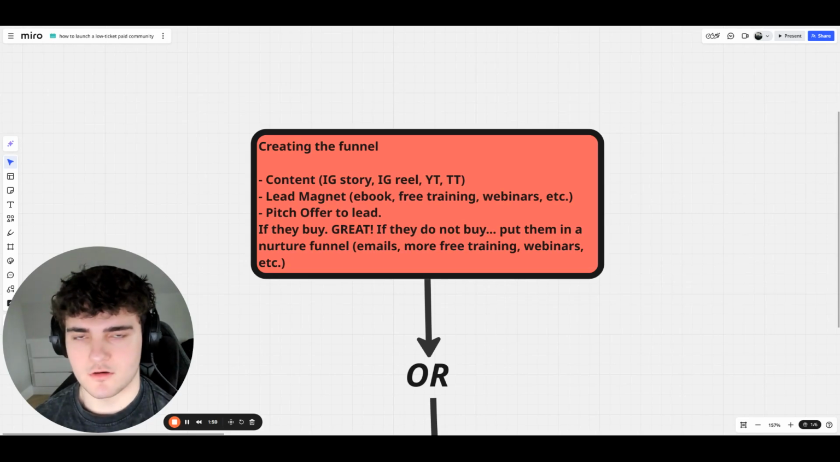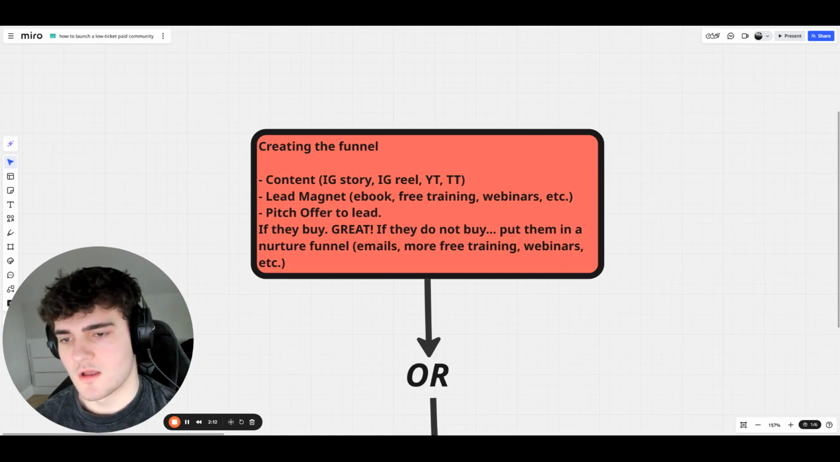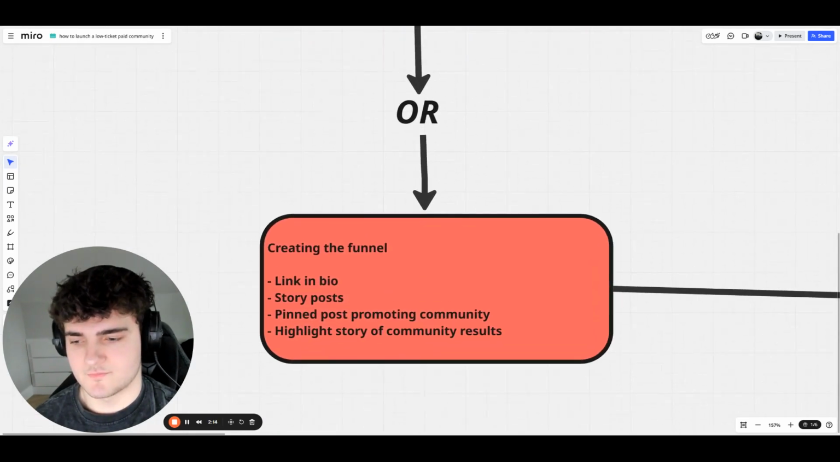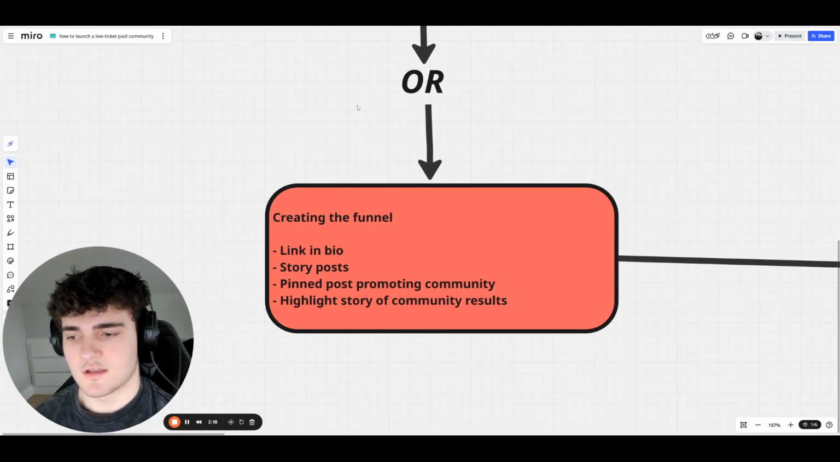If they buy the offer, great, you got your sale. If they do not buy, you put them in a nurture funnel where you continue to give them more free value, emails, free training, more free webinars, until eventually they buy. Simple. And then the second way, which is very, very dumbed down and very simple, is you just put the